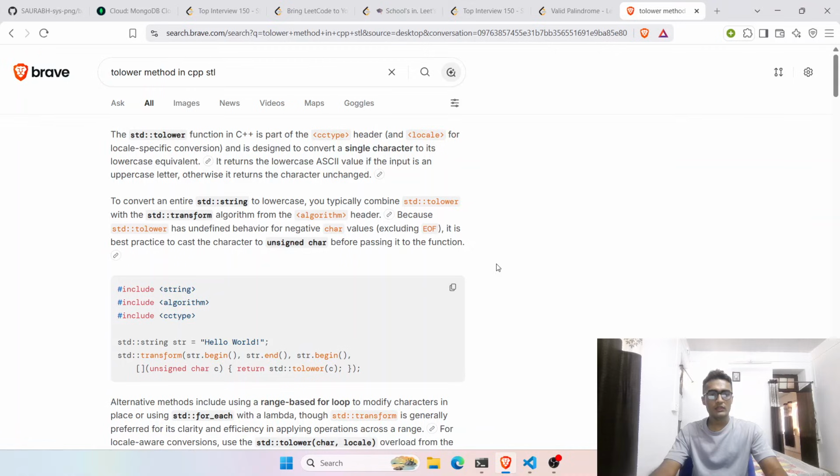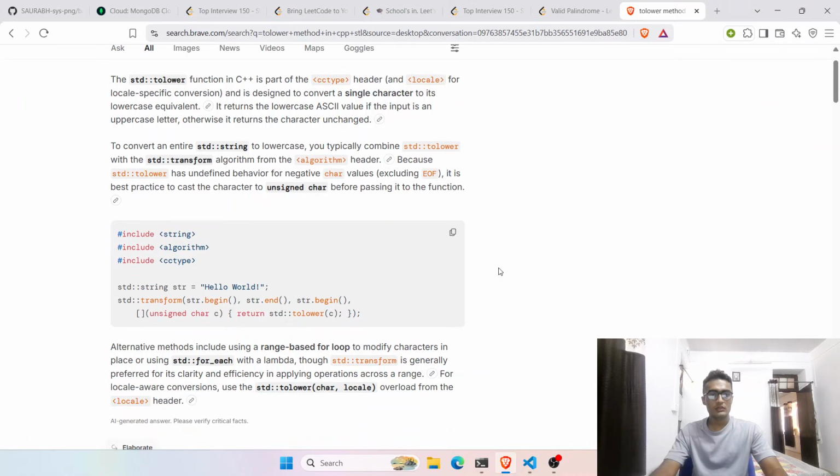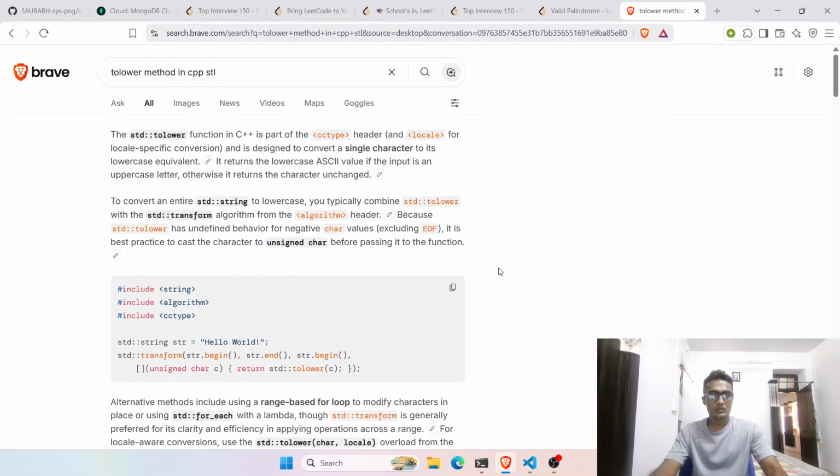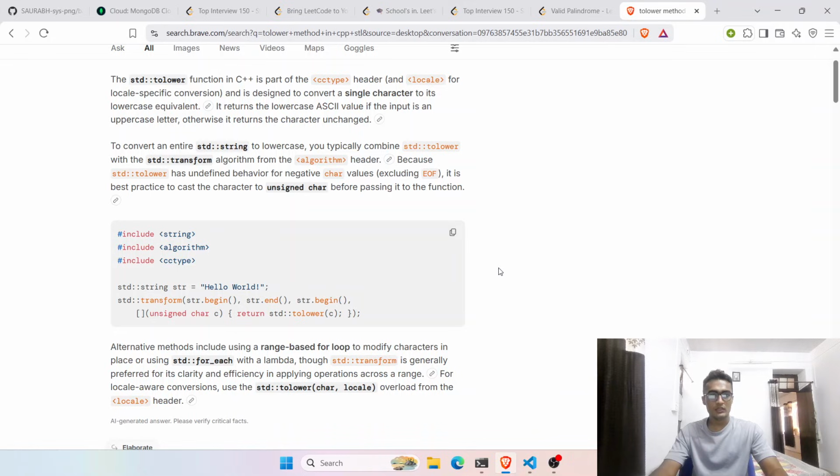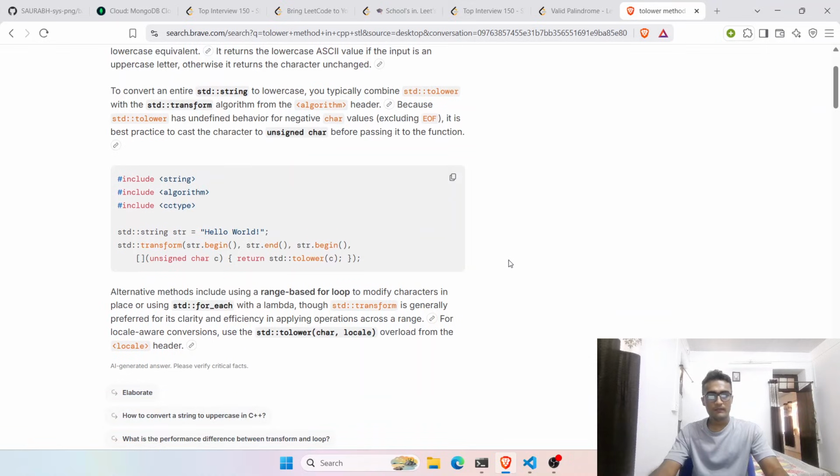String to be converted, hello world is there. Transform this. to lower function is a part of cctype header. Local specific conversion, convert a single character to its local equivalent. वही किया है. Unsigned character to lower. See,